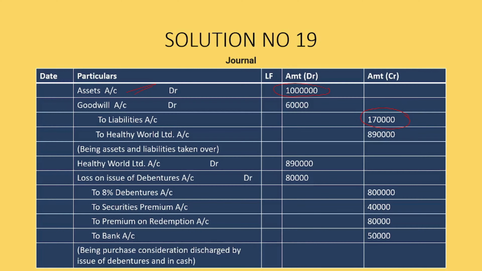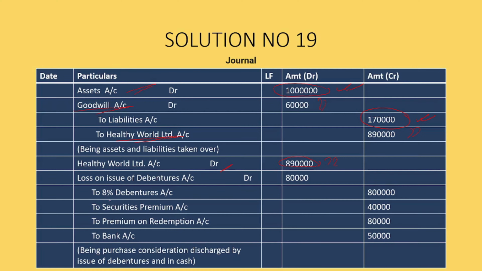We will be writing these first. In these places we will not write any figures. We will be doing the next entry, that is Healthy World account debit, and we will leave this place blank. We will first write the entry Healthy World account debit, loss on issue of debenture account